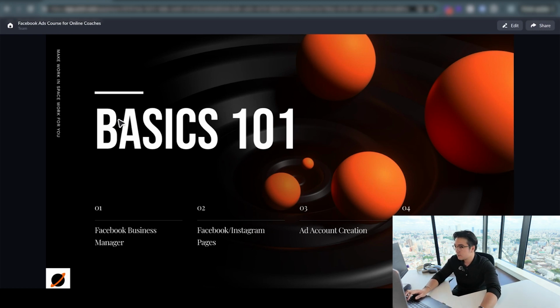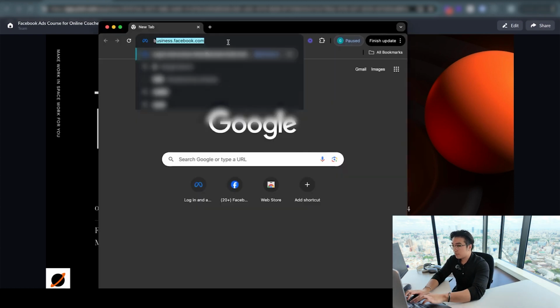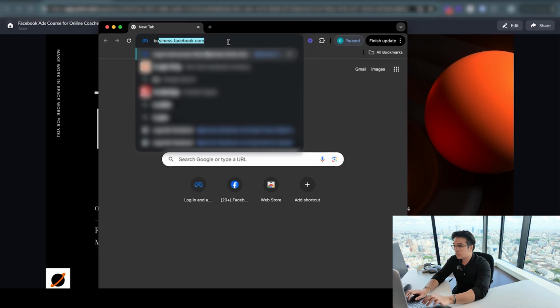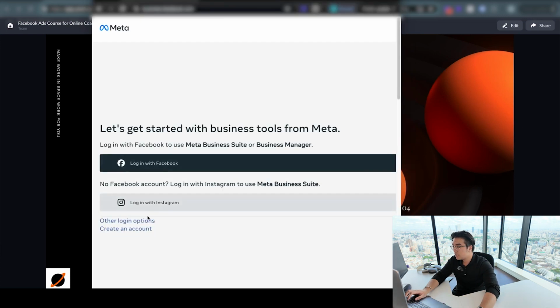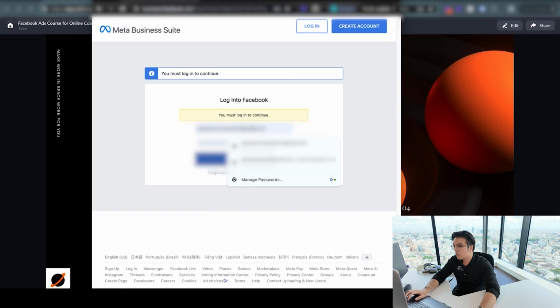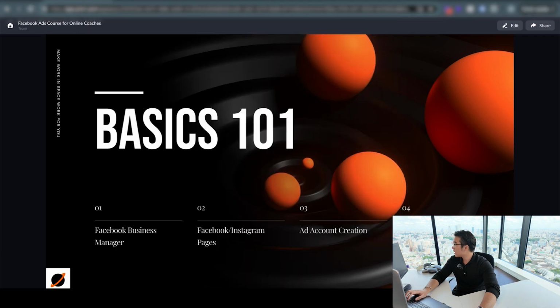Okay, let's hop into the Facebook Business Manager. So I'm gonna pull up my browser. You wanna type business.facebook.com over here. Click on create an account. Over here, just insert your personal email and also add a password. From there, when you click on create an account, just type in your business information, like your legal business name, address, and etc. so you can create it itself.